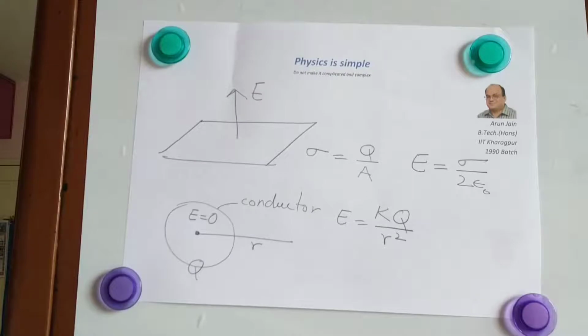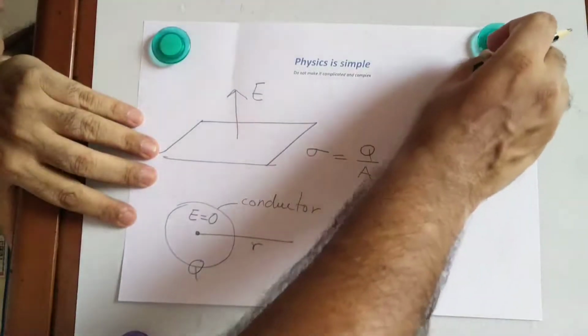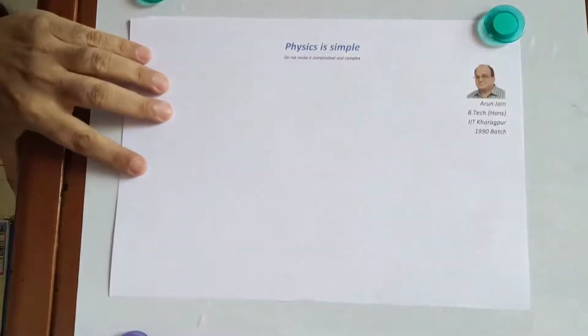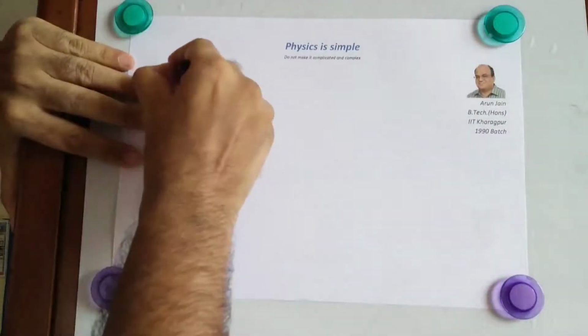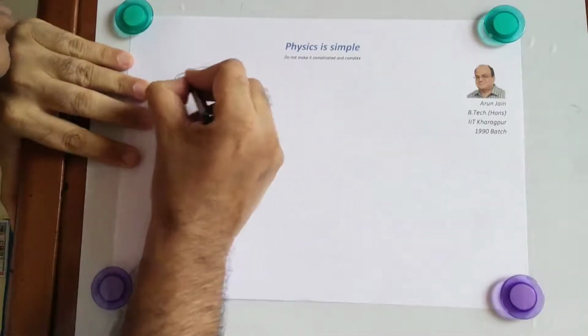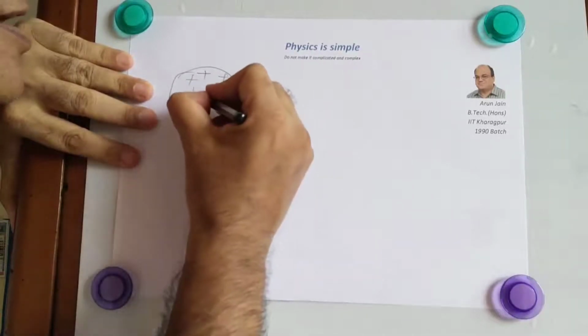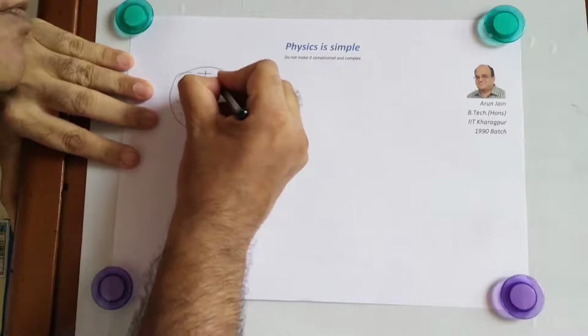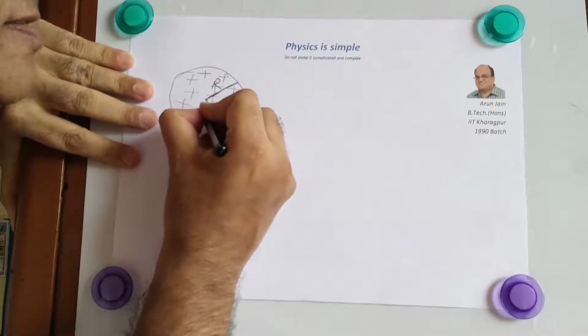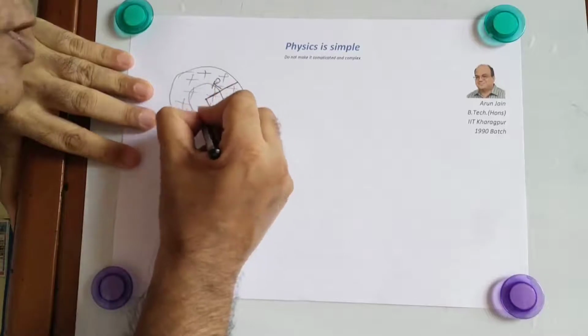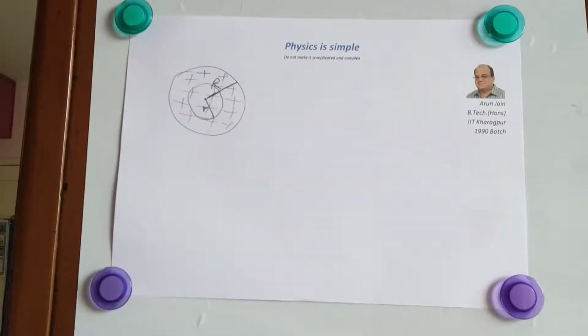Now, if we have got a non-conducting sphere, now it is not a spherical shell, it is a non-conducting sphere where charge is uniformly distributed. So now, if it is a non-conducting sphere where charge is there everywhere, uniformly distributed, the radius of this is big R, we want to find the electric field at a distance small r, which is inside this. So we'll draw a Gaussian surface there, look at the charge enclosed.